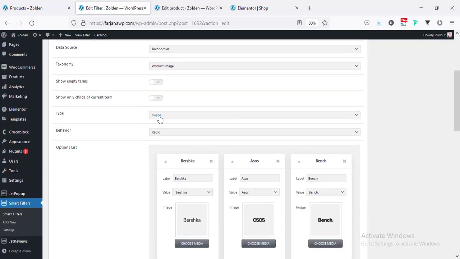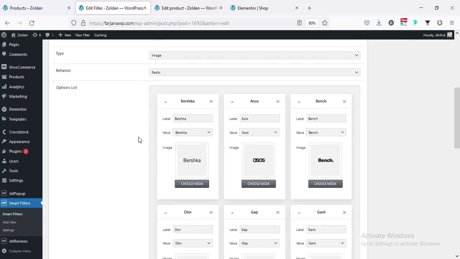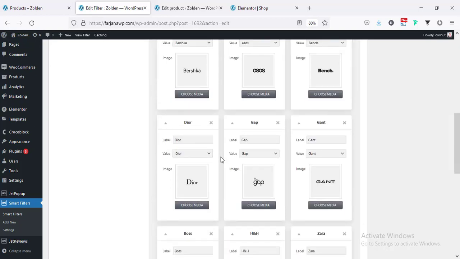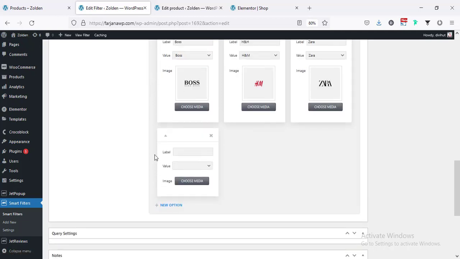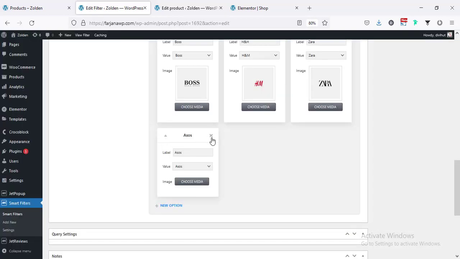Here I am selecting the image, and the behavior will work like radio or checkbox. This is radio, and from here we can add some items. Like here we can add an image and we can set a specific value or name with this image. For example, if I want to add a new option, here we can type any name. Here is the ASOS. We can type the label name, and here we can select any image with this name. Alright, for now I'm closing it